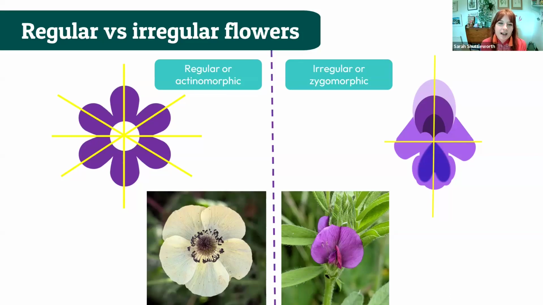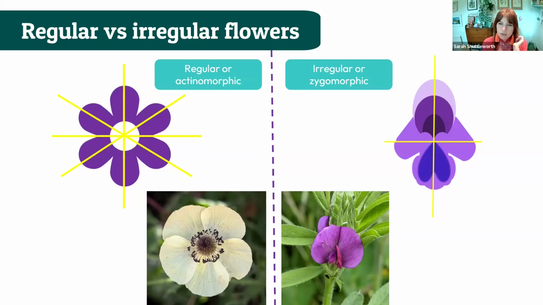I love the words. But essentially what that is saying is we've got one flower like this, or we've got a flower like this. And so the regular or actinomorphic flower will have multiple planes of symmetry. So where I've drawn these yellow lines across is essentially where, if you put a mirror at that point, you would get a complete mirror image that matched it on the other side, that would make it still look like the same flower. And we've got lots and lots of places where we could put a mirror